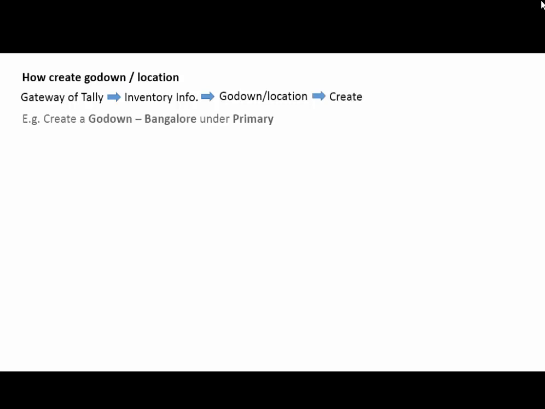So how to create a godown? Go to Gateway of Tally, inventory info again, in that godown or location, then create and enter the godown name like Bangalore under the primary and accept it. Next is a